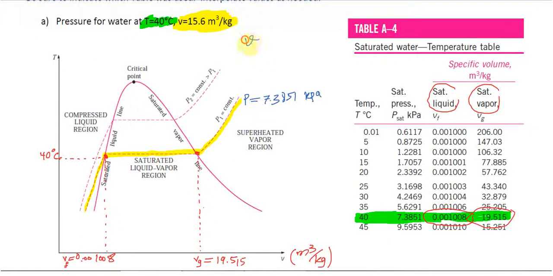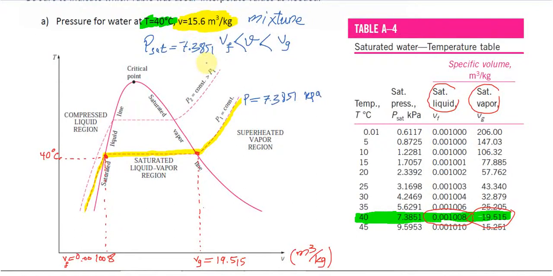In other words, I can write it this way: v is smaller than Vg, specific volume of saturated vapor, and greater than Vf, specific volume of liquid. This case is a mixture. So this is a mixture. v is between Vf and Vg. Temperature is 40. P is the saturation pressure, which I wrote earlier, 7.3851